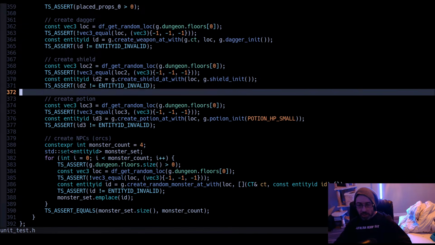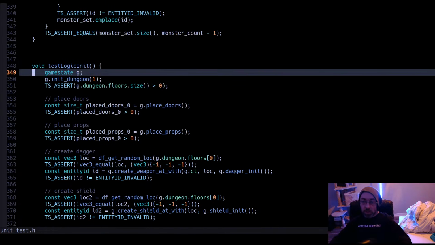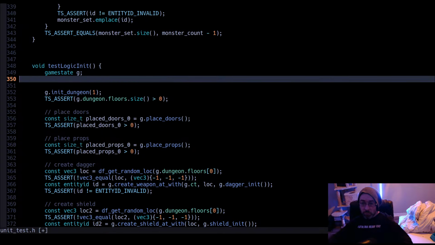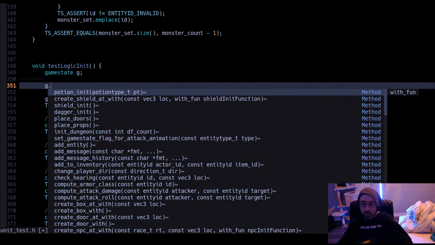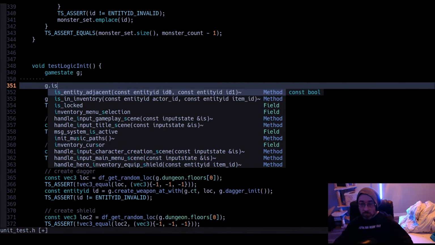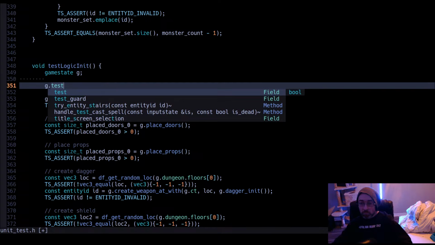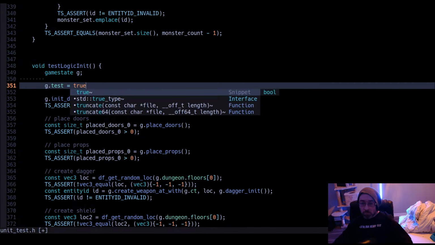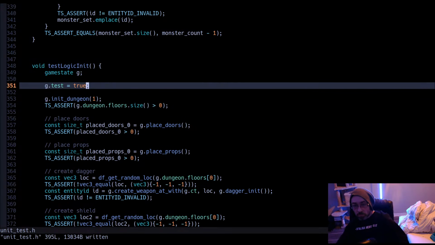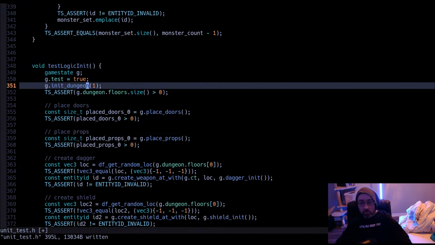So remember earlier I said that we have to set a switch on game state, right? Because we're getting to the point where we're going to start simulating actual gameplay.